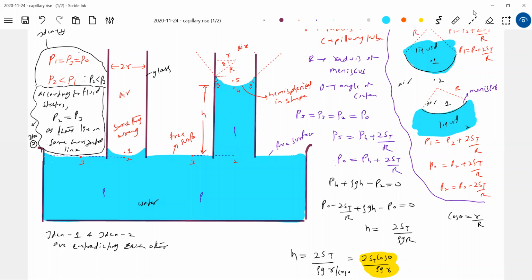What is this dotted line? It is the force by the glass capillary tube on the meniscus. And this should be the angle of contact, no? The angle drawn between the tangent drawn inside the liquid and the solid. There's a solid, there's a liquid, and the tangent is drawn, and we measure this angle inside. If you want, you can write theta here also. So this is nothing but the force exerted by the capillary tube on the meniscus. Any doubts? If you have, you can clarify, because all numericals revolve around this one.